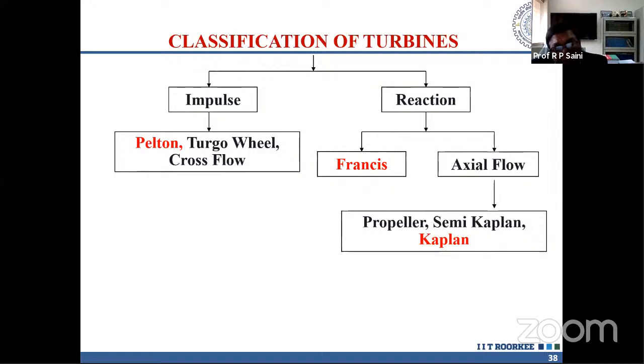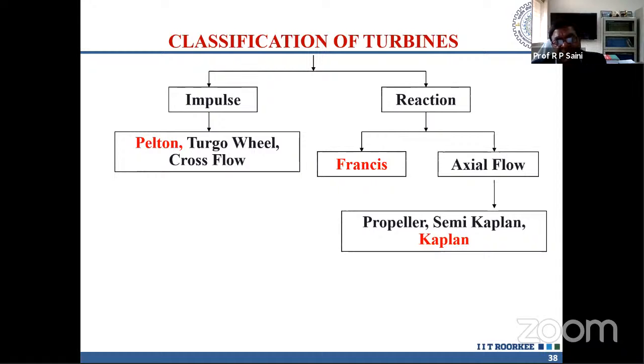But the turbine will be different, because when you have a high head, suppose 100 meter head, only one unit of discharge is required, so the size of the machine will be very small. And if you have a huge quantity of water under low head, the turbine will be bigger. So one type of turbine cannot cover the entire range of hydropower. So we have hilly-based sites, which are very high head, canal-based, which are medium to low head, and dam toe, which are medium head. I think that is the basis.